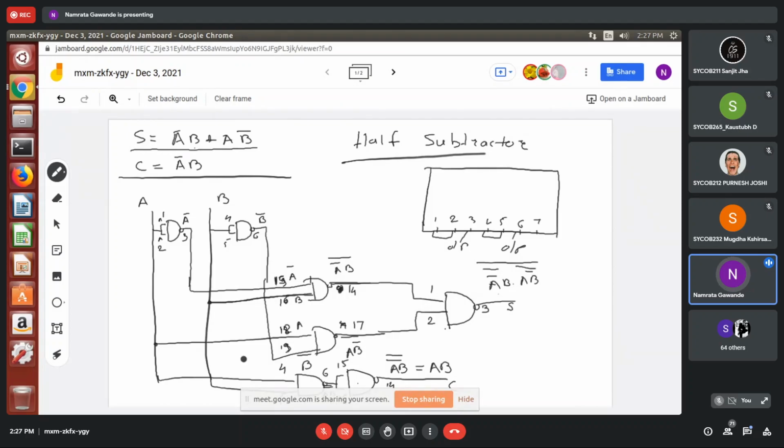Now what do you have to change in this circuit? Instead of this, where we have used A and B directly as input, here you have to take A bar. So instead of this input, I need to make the change over here.